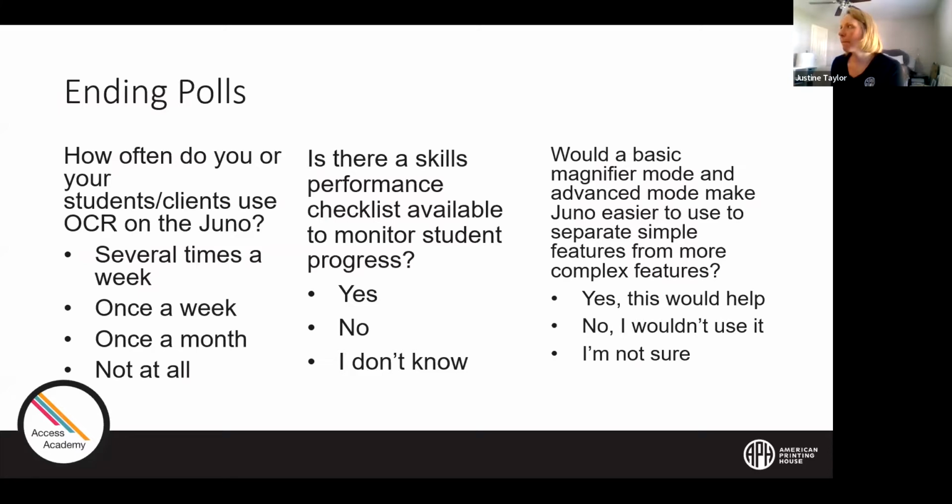Yes, no, or I don't know. Would a basic magnifier mode and advanced mode make Juno easier to use, to separate simple features from more complex ones? Yes, this would help. No, I wouldn't use it, or I'm not sure. So those are all questions that would help in future software development, and